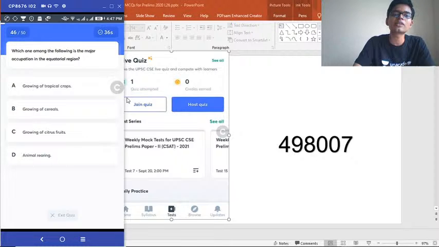46. Which one among the following is the major occupation in the equatorial region? Growing of tropical crops, growing of cereals, growing of citrus fruits, animal rearing. So in the equatorial region, which of these is the major occupation? Easily we can eliminate two options there, and we have two remaining, and there also a good guesswork could easily point you to the right answer,